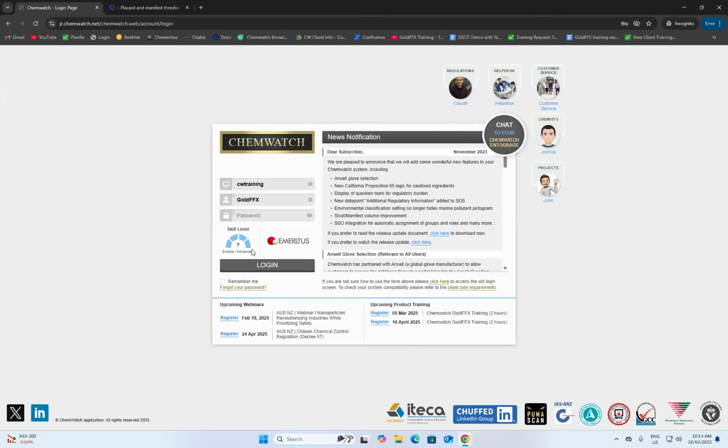Our skill level, what that is, if I press on the second tab, you can see that it will jump to Backpack. If I go even further back, it will give me Backpack Lite. And then if I go to the third one, it is GoldFFX. So if you're a user who can switch between the different levels, you can do this here or when you log in. However, so if I just press on my second one and